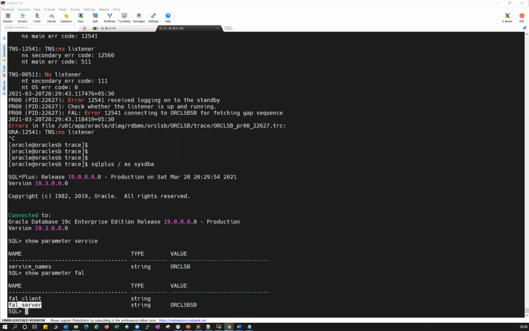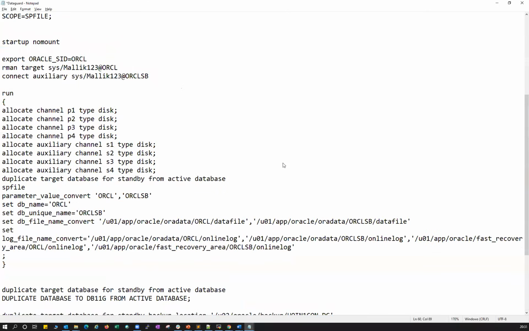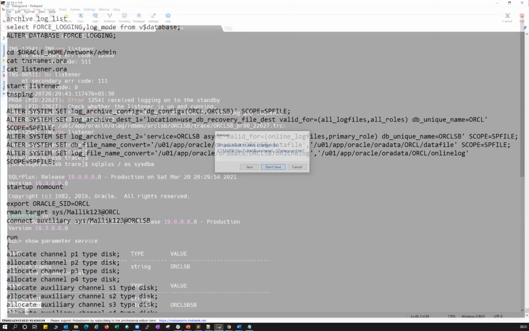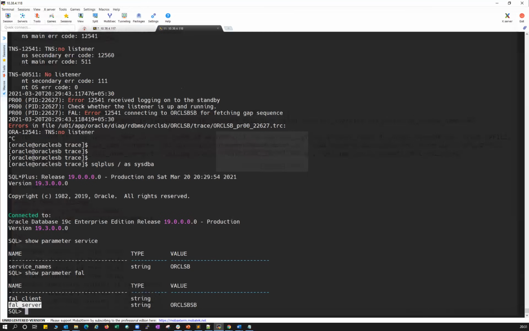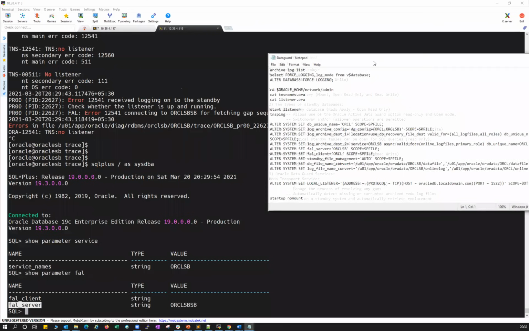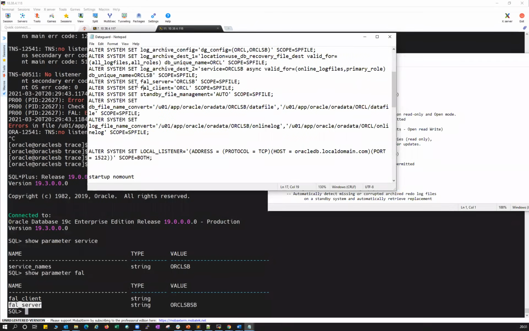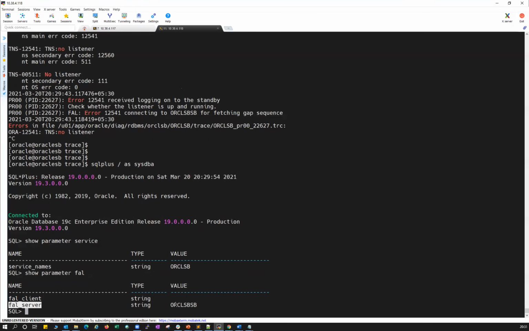The command is, let me check the command. The command is here, when we did this one, right? Okay, not here. I'll cancel this one. Let me open that. The file server and file client, you can set it here. File server, and you can see file server is set to ORCL.